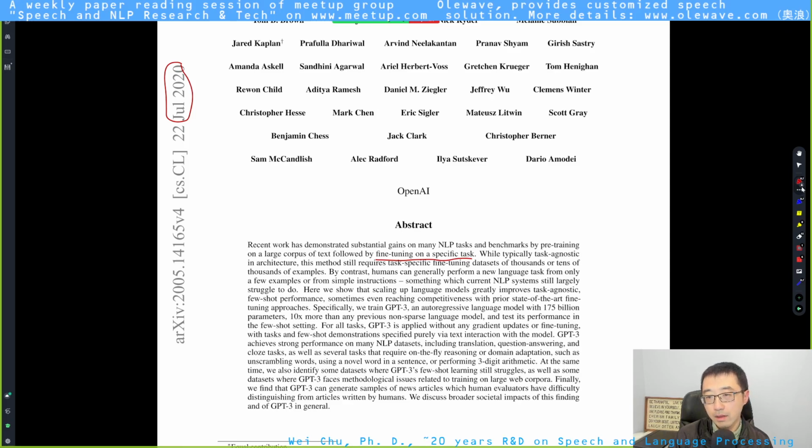If you're training a prediction model which is supposed to be task-agnostic, and you want to test on a specific task, you would need some task-specific dataset for your fine-tuning, which is known to all of us.